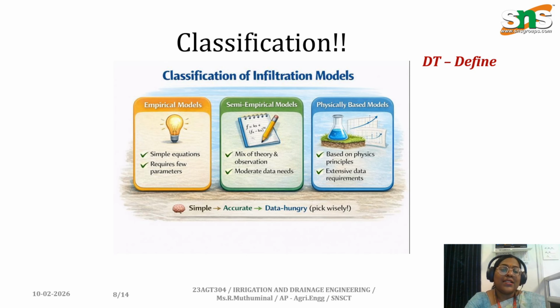Under empirical model, simple equations are used and it requires few parameters. Under semi-empirical models, it is a mix of theory and observation so that moderate data is required. Physically based models are based upon the usage of physics principles and they require extensive data. So the first one, even though it is a very simple one, gives you an accurate value. Whenever a lot of data is necessary, then we have to pick them wisely so that the complication